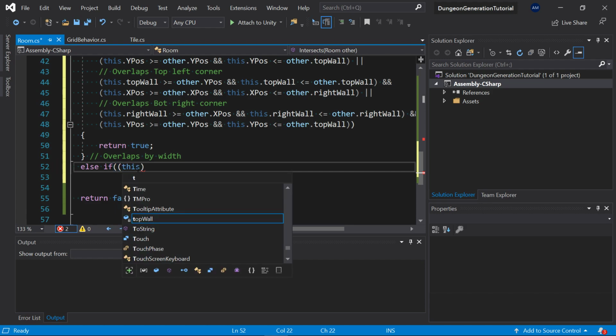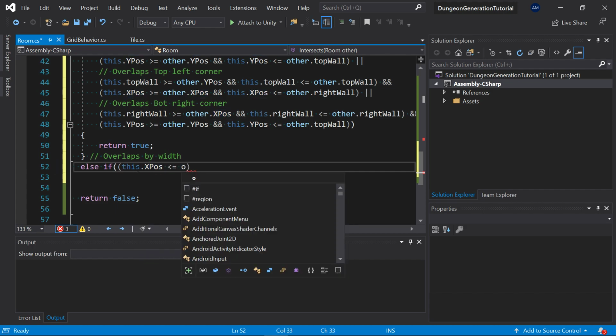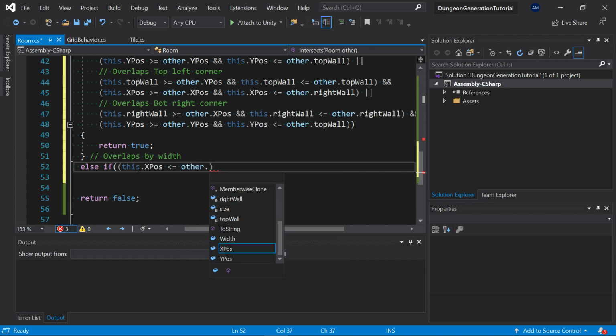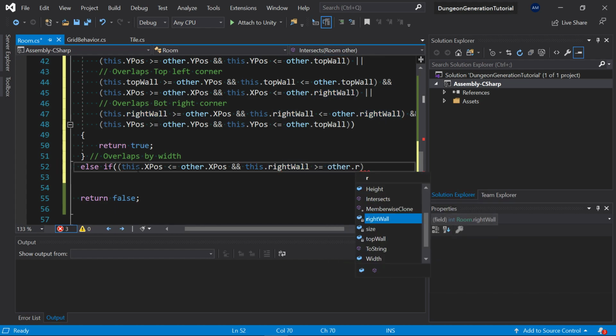Else if this dot x position is less than or equal to the other's dot x position, and this dot right wall is greater than or equal to the other's dot right wall,